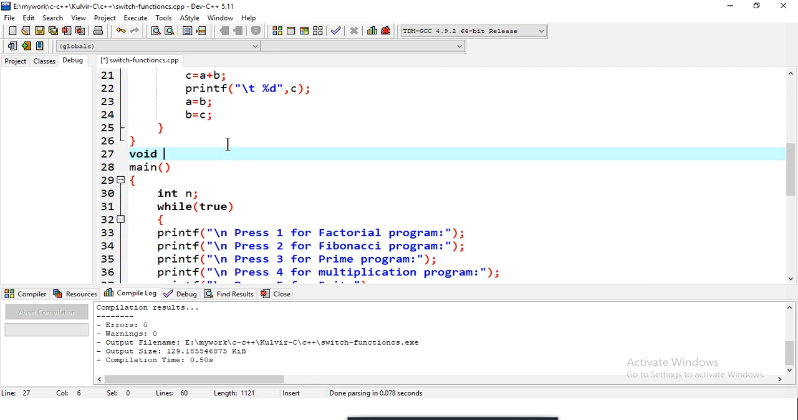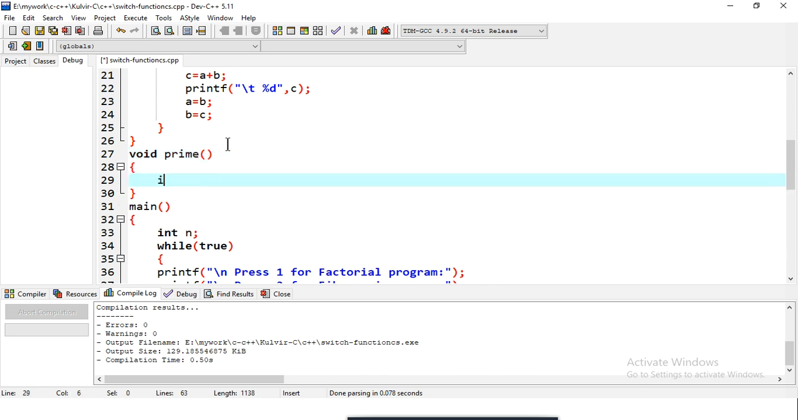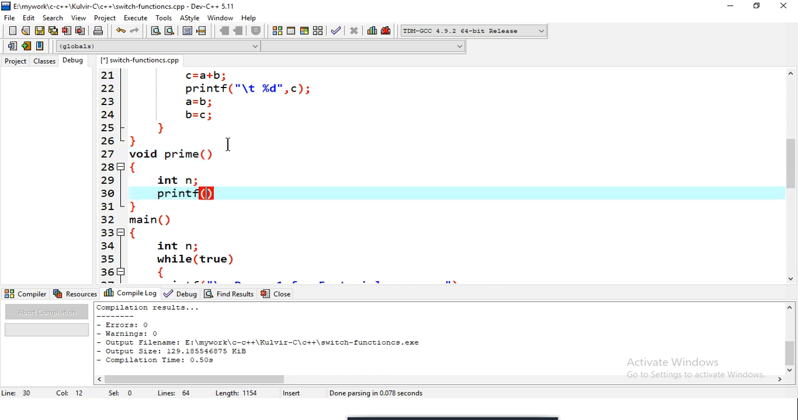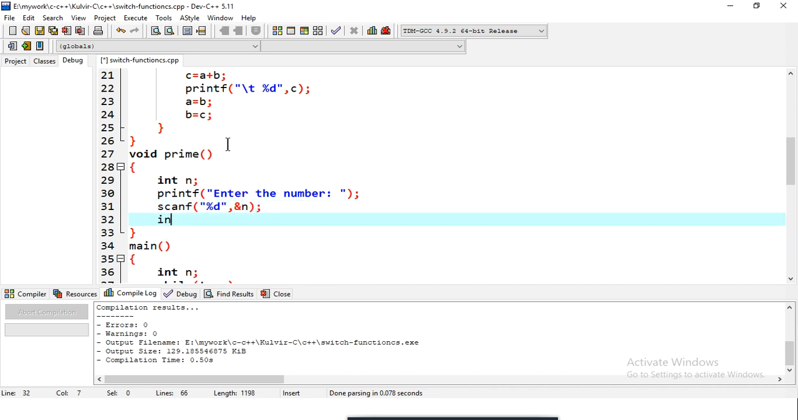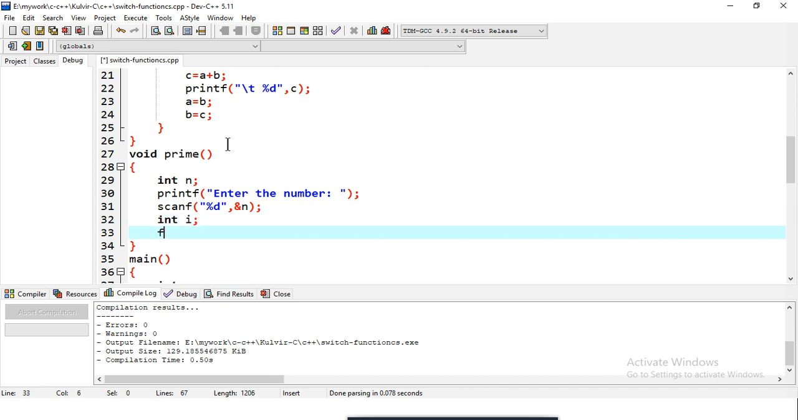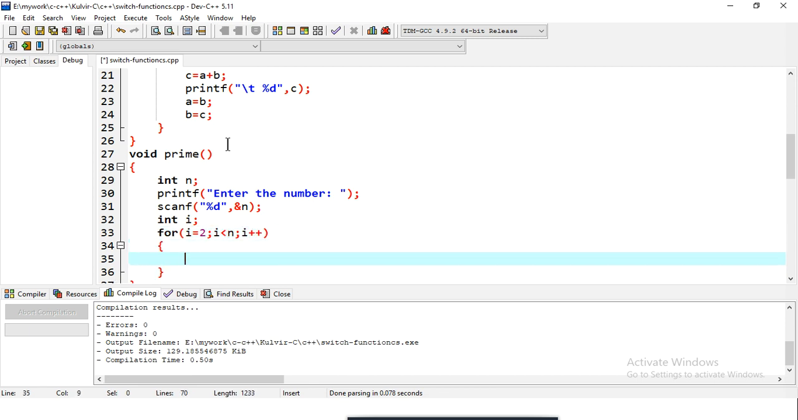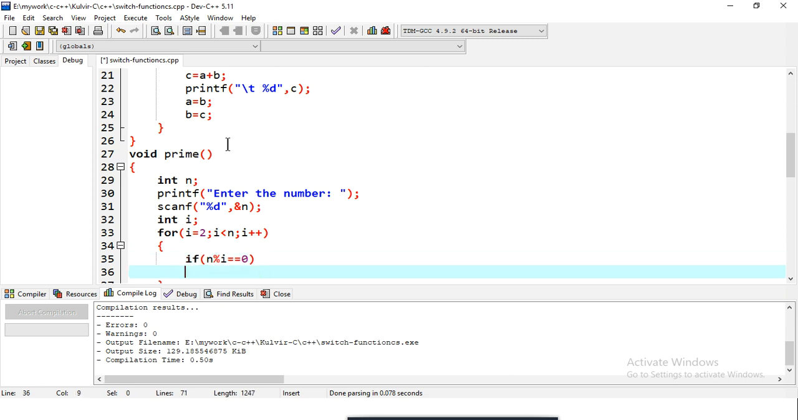So I'll say void prime. I'll keep it simple. In it, printf "enter the number", scanf("%d", &n). Then int i; for i equals 2, because prime numbers start from 2, i less than n, i plus plus, if n modulus i equals 0,